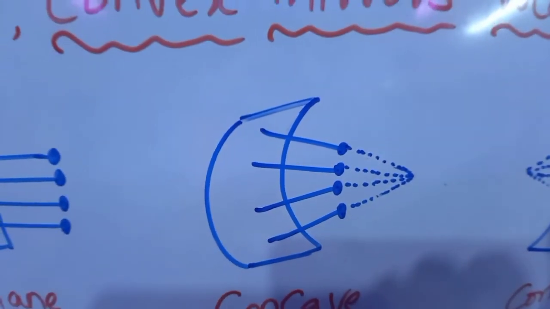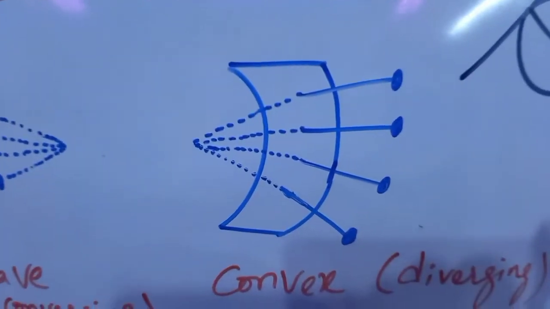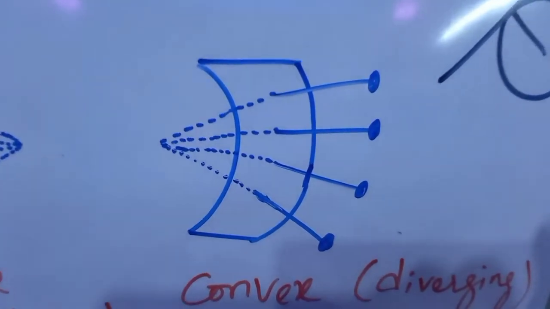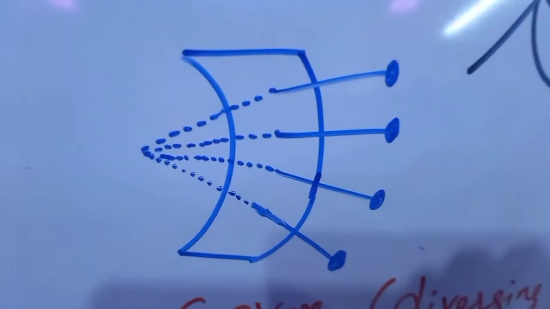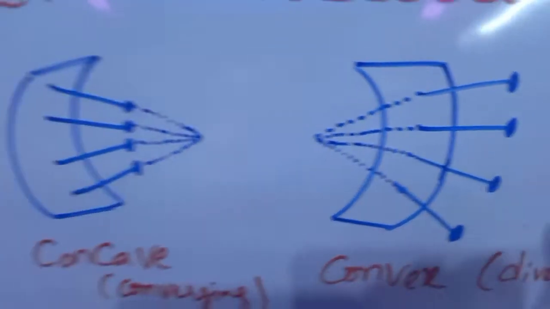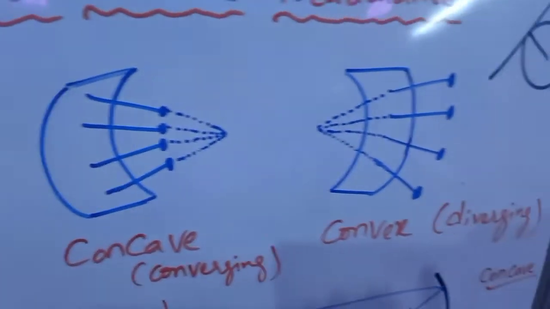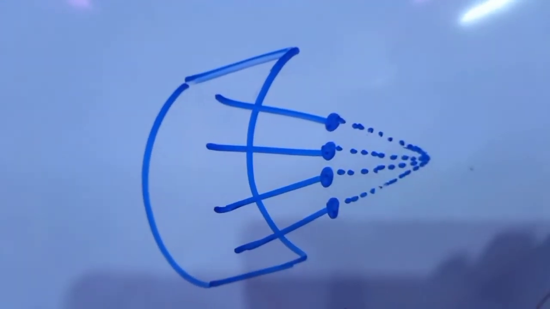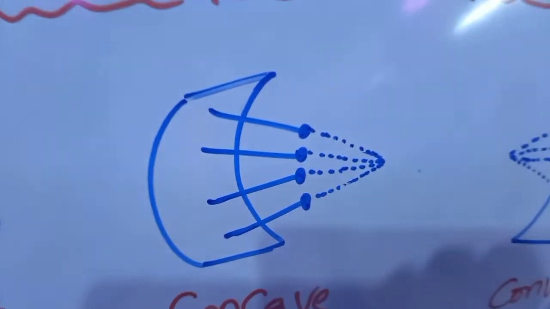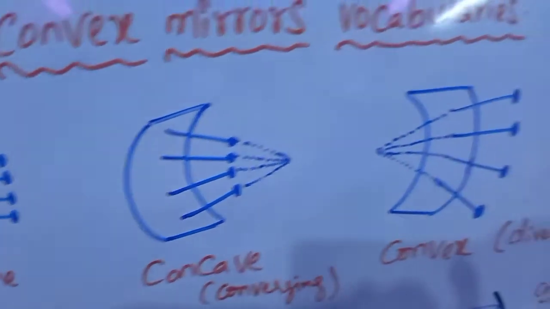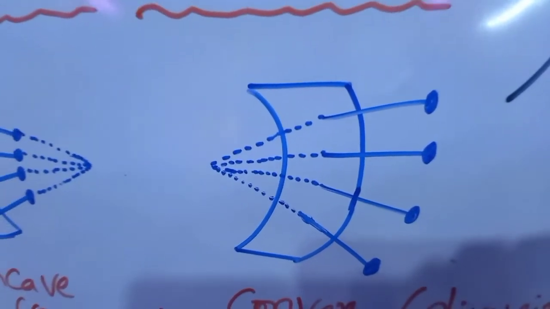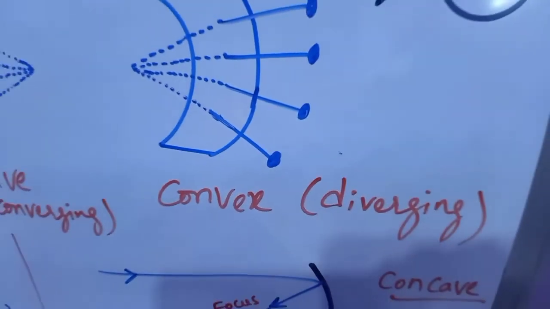Okay. If we bend the foam piece in the outward direction, we will see that the pins move away from each other; in other words, they diverge. See the difference between the converging and diverging pictures, how I have drawn here. In this picture all the pins are intersecting at one point, which shows convergence, whereas here all the pins are moving far away from each other. This is known as diverging.